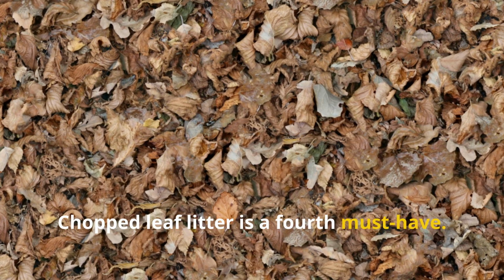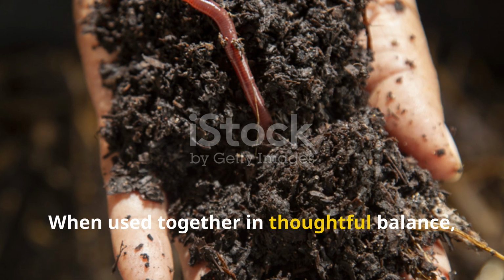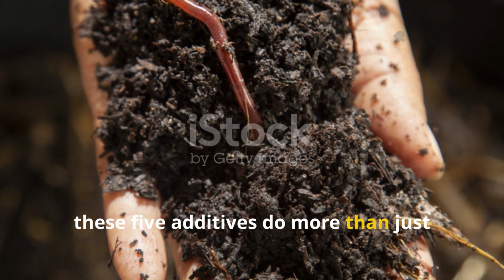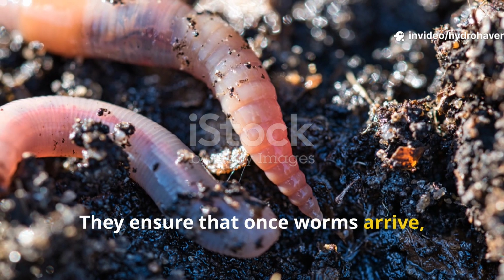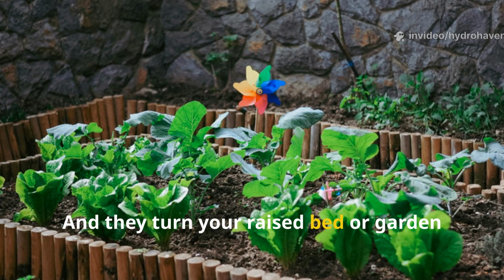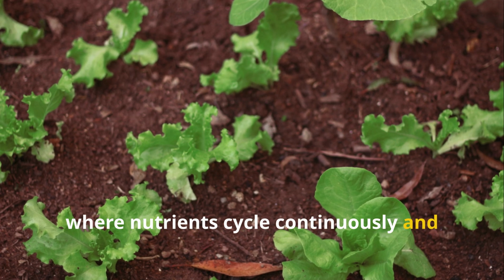Chopped leaf litter is a fourth must-have. The fifth additive is fermented rice water. When used together in thoughtful balance, these 5 additives do more than just attract worms. They build a living soil system. They ensure that once worms arrive, they stay. And they turn your raised bed or garden patch into a self-sustaining ecosystem where nutrients cycle continuously and plant health